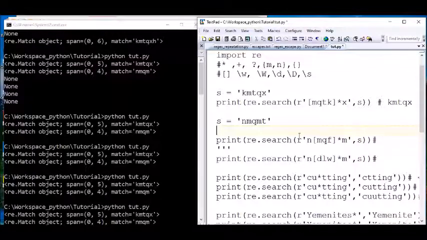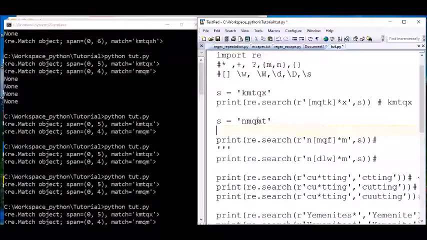See, M, Q, M and Q, M. So we find M. We found M here. We find Q. Still inside the set because this is an option. Either these or these or these. I mean, look for any one of these to match with any one of these characters. So okay, M, Q, M, all inside this. So match.